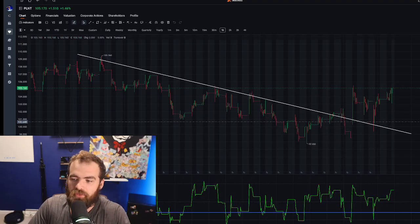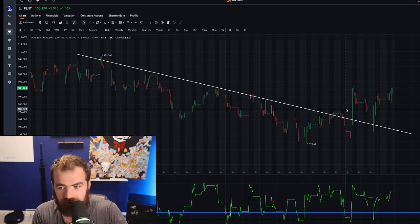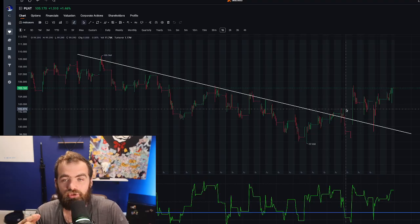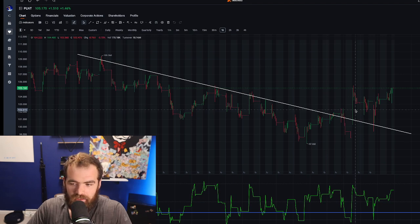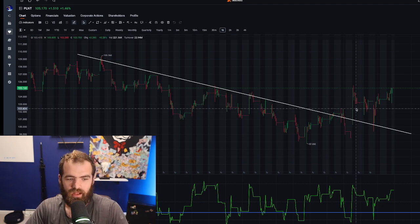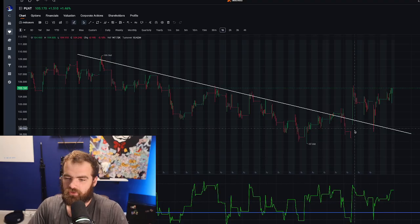Now, what we did is we threw an alert above this trend line, okay? And we said, okay, if the stock pops up, this could be a trend reversal. And that's exactly what we saw. We saw the stock pop up. And this is where we got in, near and around the 102, keeping stops below around $100 to ensure good